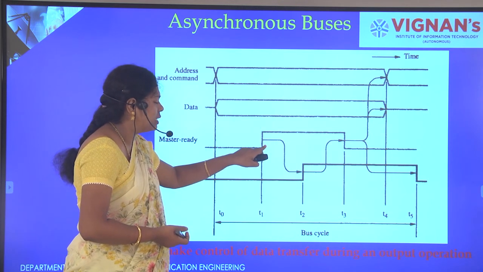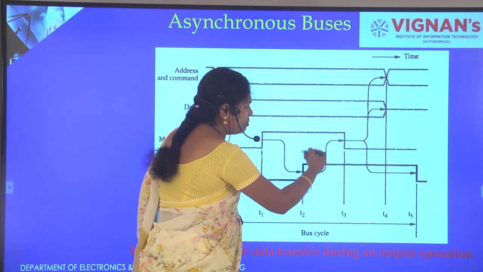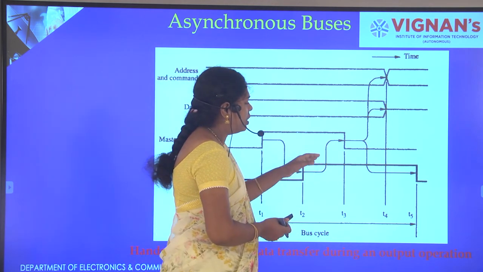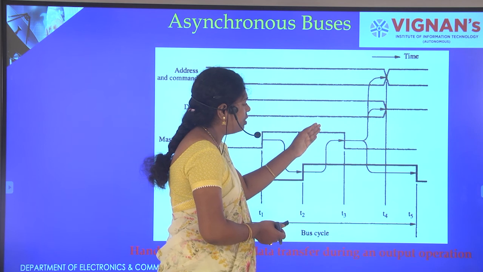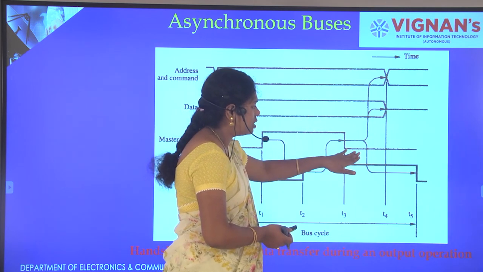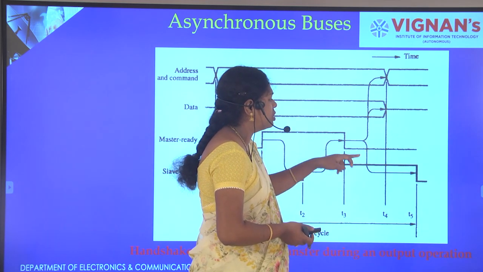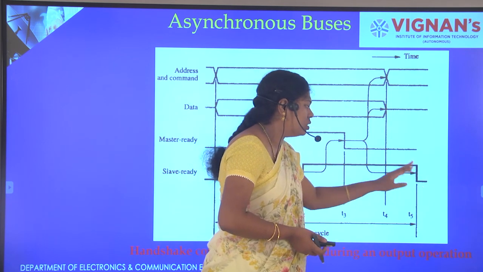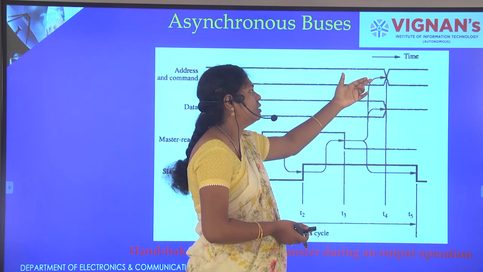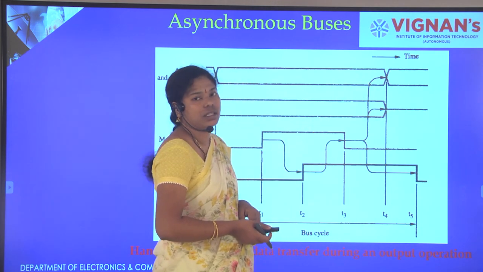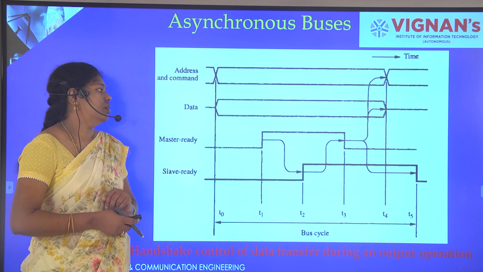With that, as it is asserted, the slave recognizes that ready signal of the master, at the same time address and data, and the slave strobes the data from the master. As the operation is completed, the master ready signal will be transitioned from logic 1 to logic 0. The same as in the previous case, as there is a transition from 1 to 0, the slave's ready signal also goes from 1 to 0, and the master removes the address and data on the buses. Okay, this is about the asynchronous bus write operation. Thank you.